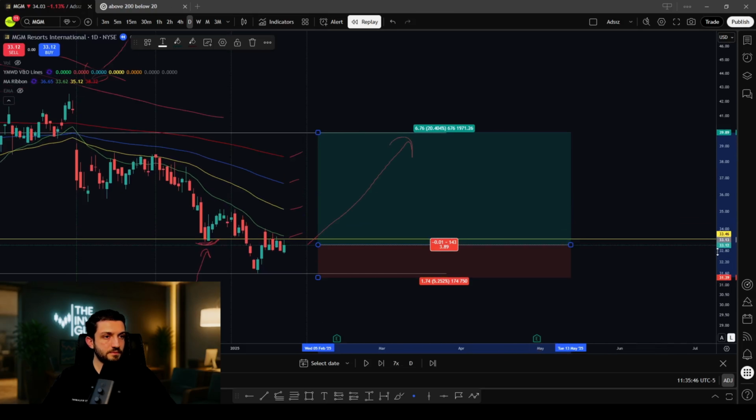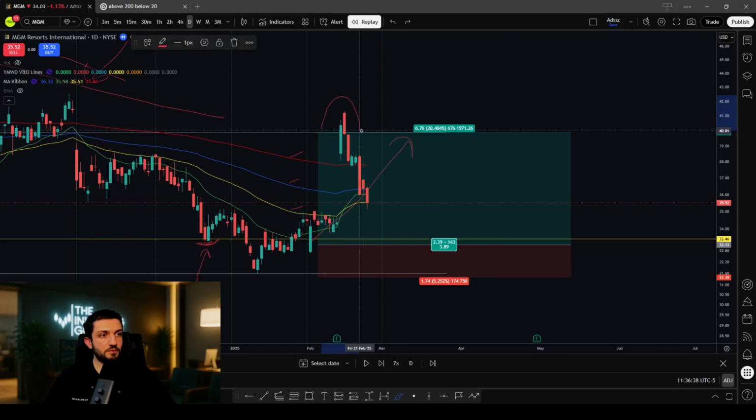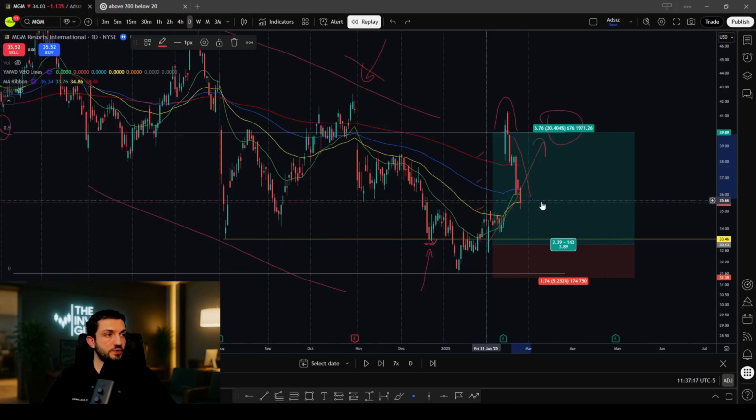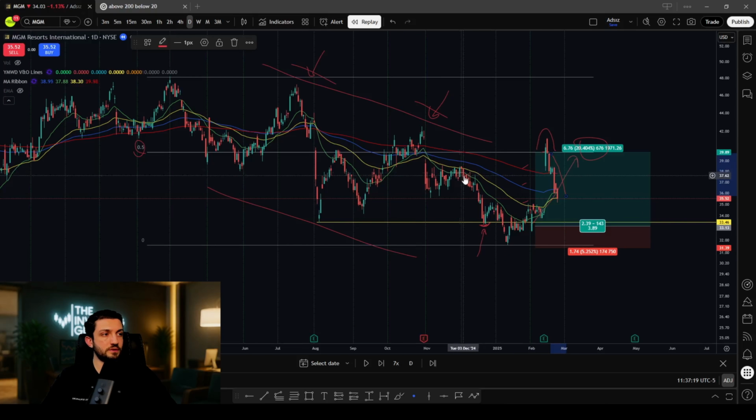Let me zoom in and I will play now. As you can see here, price hit our target perfectly. Right after this point, because 50% of all ranges are important. Keep that in mind. You should always pay attention to 0.5 level because 50% of all ranges are algorithmically important. Price